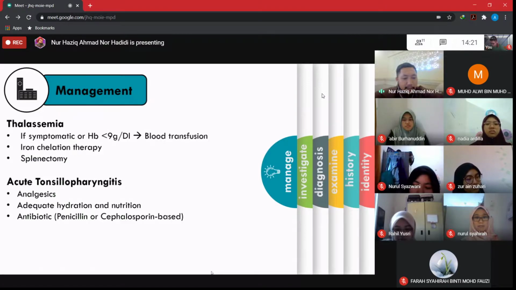Especially if the patient experiences hypersplenism, where the patient requires more blood transfusion than the normal interval to maintain the HB level. So for his acute tonsillopharyngitis, basically there are